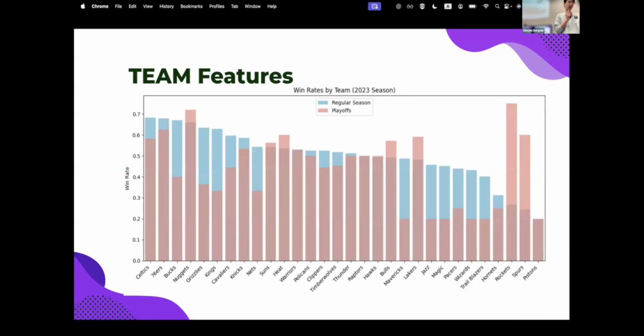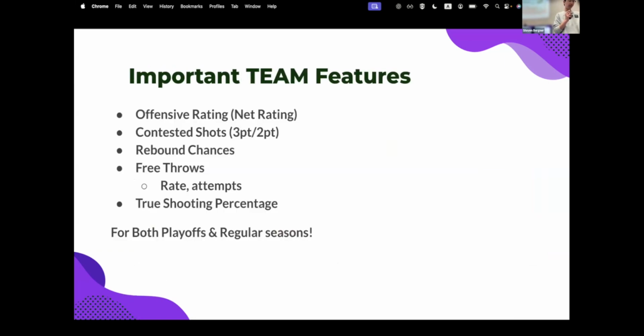We also calculated the total win rates for each team in 2023, and we can see that the 2023 championship went to the Nuggets. So the stronger team performs with a higher win rate in both the regular season and the playoffs. That's why our data should cover both.